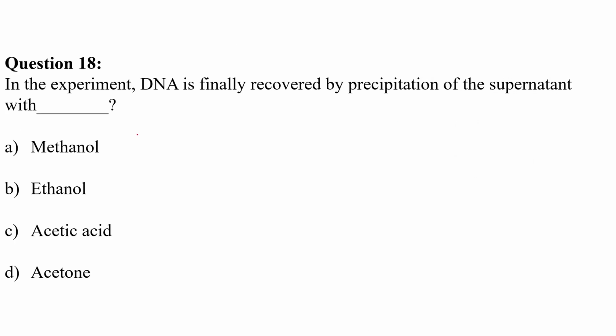Moving on to the next question, question number 18. In the experiment, DNA is finally recovered by precipitation of the supernatant with. So when we are doing DNA extraction, I have told you in southern blotting, we need to do whole genome extraction first, right? So when we are doing DNA extraction, how do we finally precipitate the DNA from the